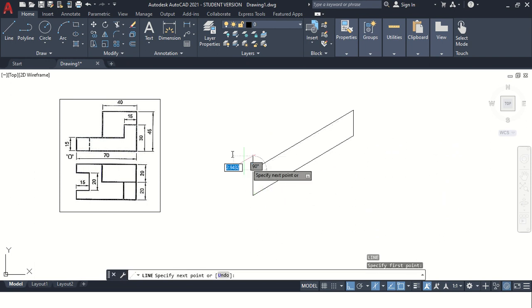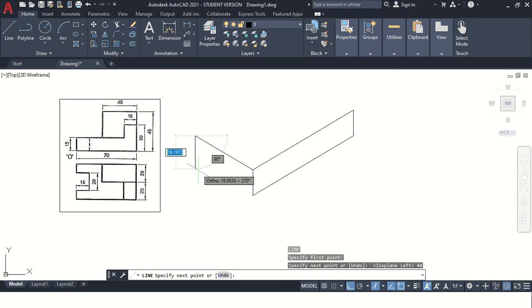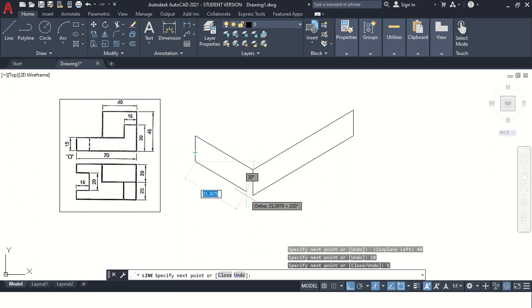So let us first make the base. If I want to again change the plane, F5, 40 millimeter distance, 10 millimeter, 15 millimeter, and original position.